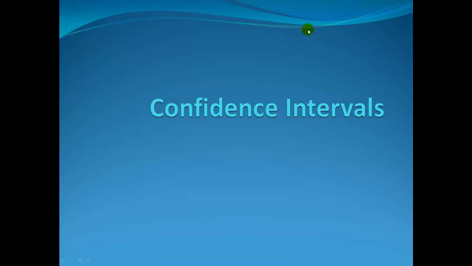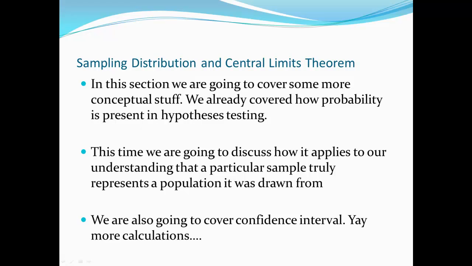Alright, class, this is our second video for this week, and we're mainly going to be dealing with a couple of different things. First, we're going to be talking a little bit more about sampling distributions and the central limit theorem. This is more material out of chapter 6 in your book, near the end of that chapter. It's more conceptual stuff that's not 100% necessary, but you need to know this to be able to perform the calculations in this class and to interpret the statistics, and it's important for that foundation on how inferential statistics works.